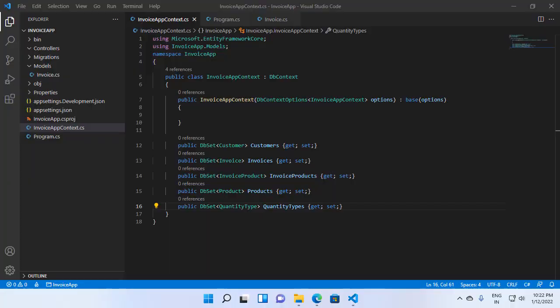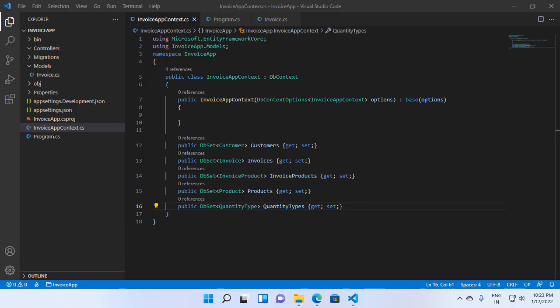Hello everyone. In the last video, we saw how we can design our database in ASP.NET Core. In this video, we will create a program to seed our database with some sample data. Seeding the database is very important in software development. We do not want to enter the data manually every time we make some changes to our schema. So I will create a program, and in this program, we will seed our database at the time of starting